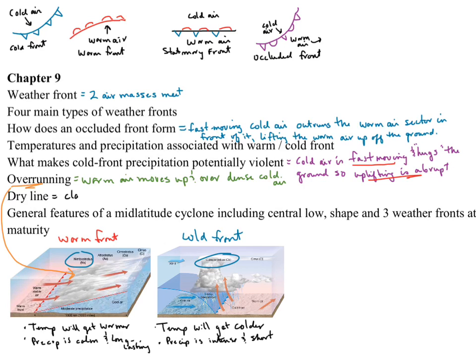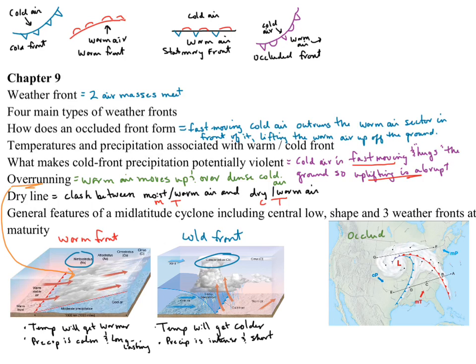Dry line is like a fifth type of front, and it's a clash between two warm air masses. One of them is moist and one of them is dry. So we have a maritime tropical air mass and a continental tropical air mass meeting in a dry line. So the last one is mid-latitude cyclone,